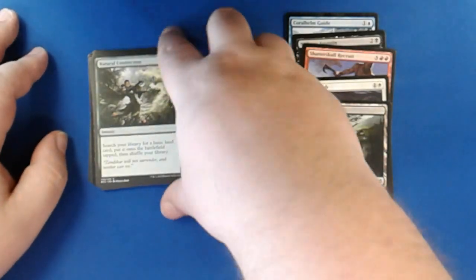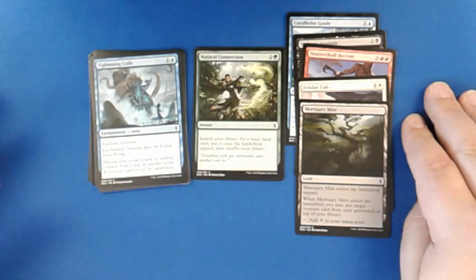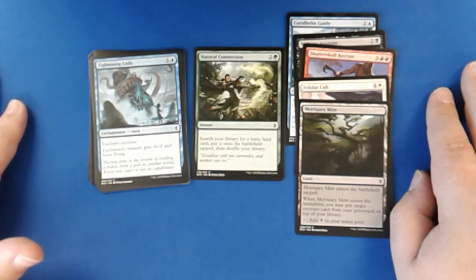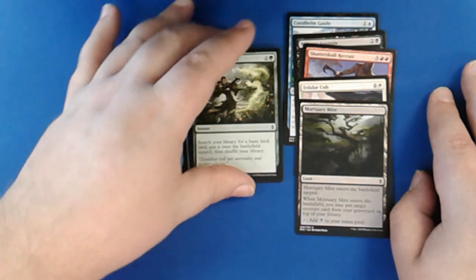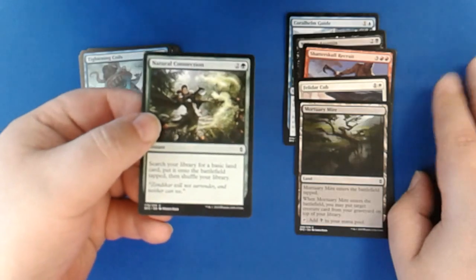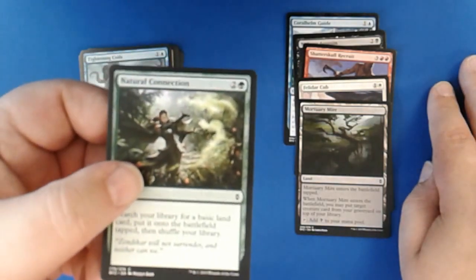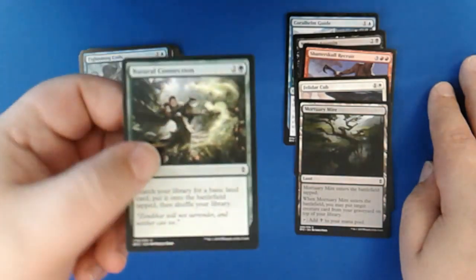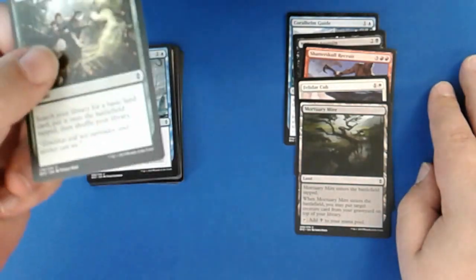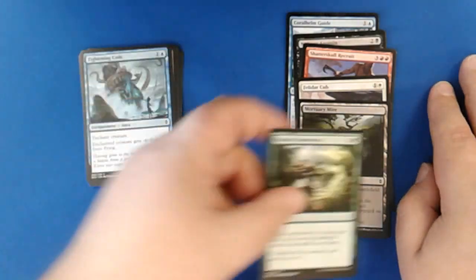Natural Connection, not a limited card kind of at all. You search, for 3 mana, you search your library for a basic land card, put it onto the battlefield tapped, then shuffle your library. 3 mana, go get a land and put it into the battlefield tapped. Not the best rate on an effect like this when there's so many better ones even in standard. You're not picking this up anywhere near the top of your draft, just let this one go. I don't think I've ever played this in limited, so...